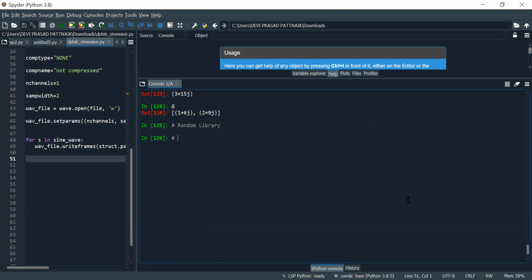Let me generate samples of a random variable.